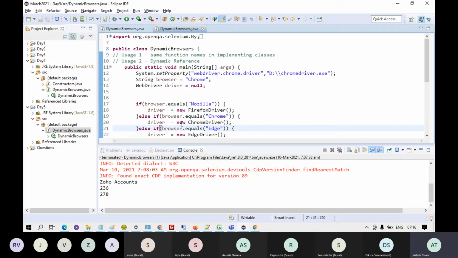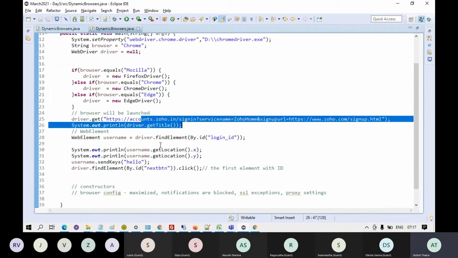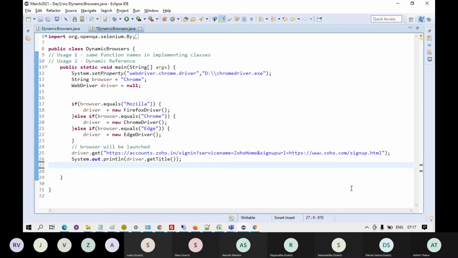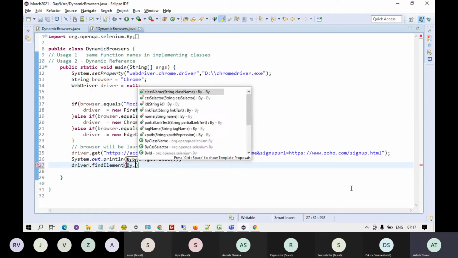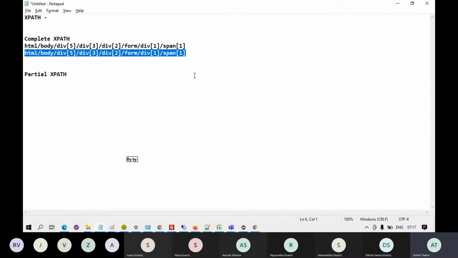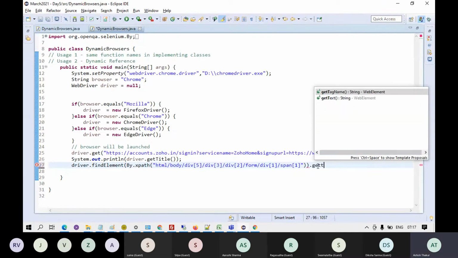In this code, after going to Zoho login, instead of extracting elements, if I write driver dot find element by the XPath and I give the XPath which I just calculated out here, and I write dot get text.